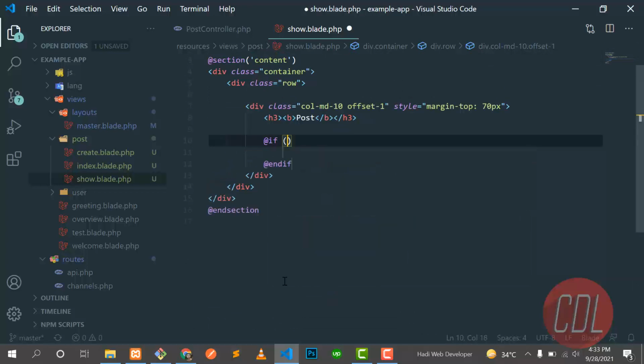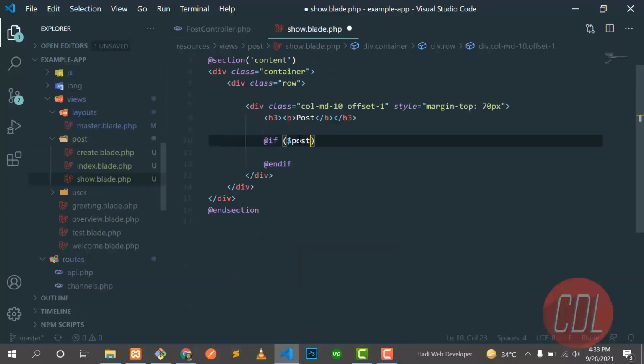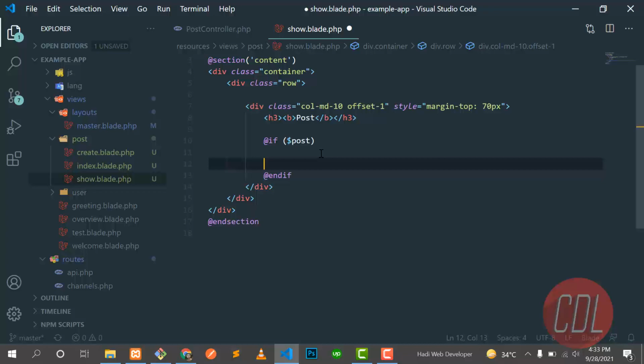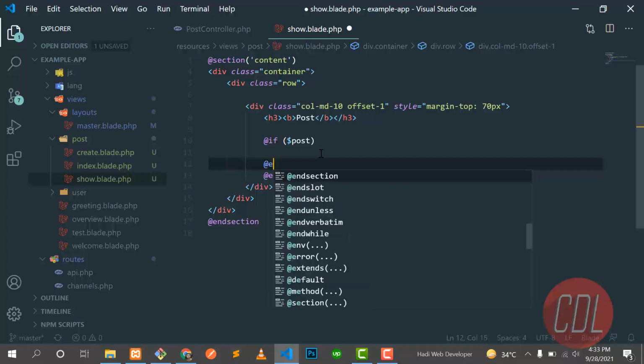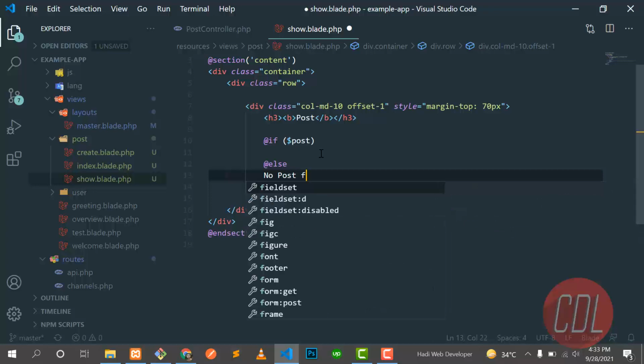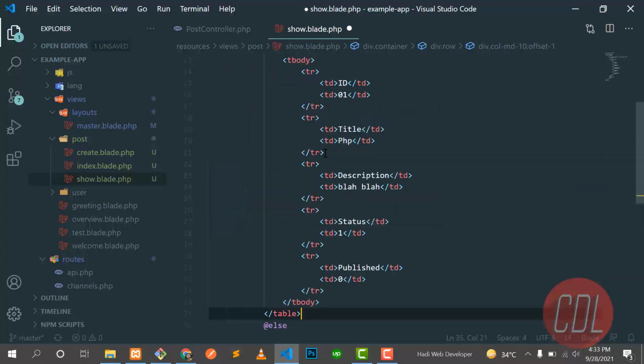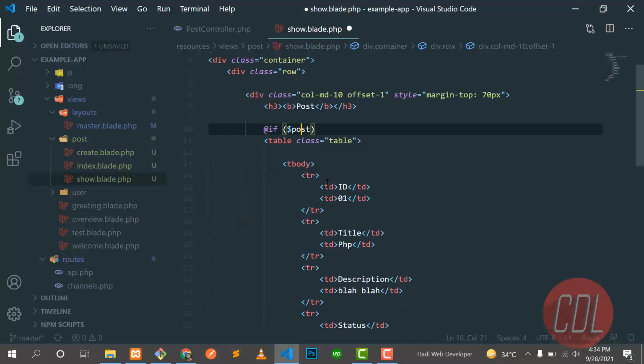We are in the blade, so that's why we prefer this blade directive, okay? And here we are receiving this post variable which we passed from this array, right? And then if this post is not found, then we can put an else condition, no post found, right? And I am pasting this table here, because if the post is found, it will display this table.